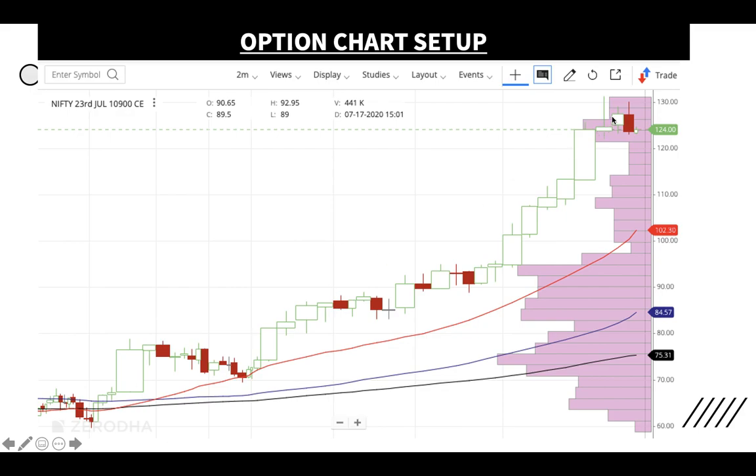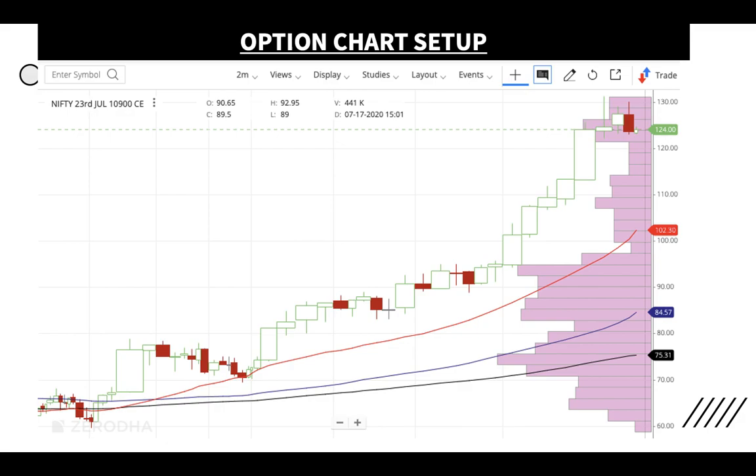It doubled in less than 1.5 hours. Okay, so once you get double the price of what you bought, you should be very happy, and don't expect it to go to 200 rupees. Don't bother, because an option buyer can never be happy. The return is unlimited, but the loss can also be unlimited because it can become zero. So when you get double the price in 1.5 hours, you are beating even Warren Buffett.